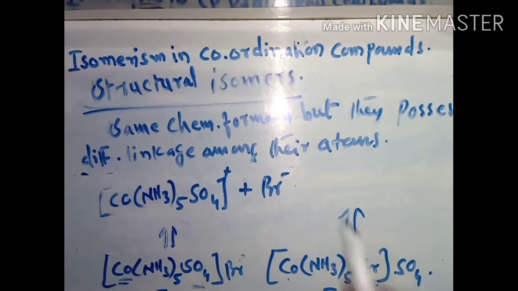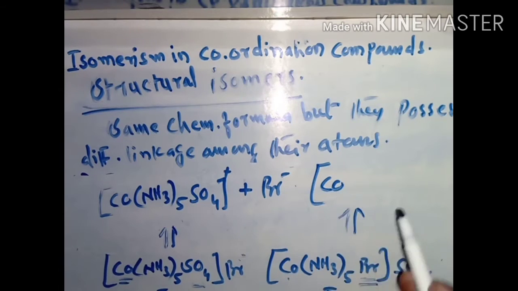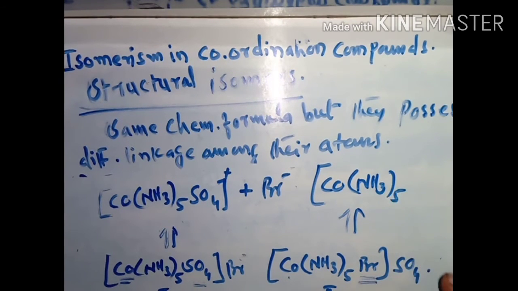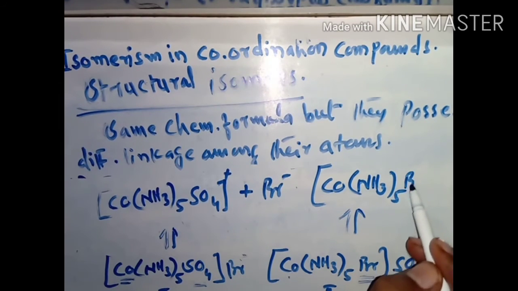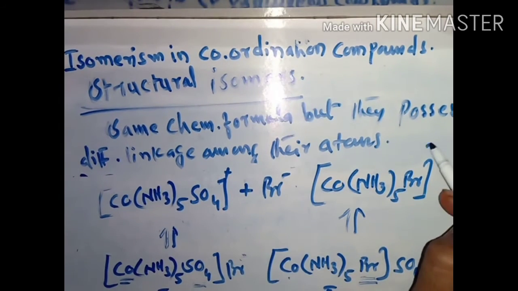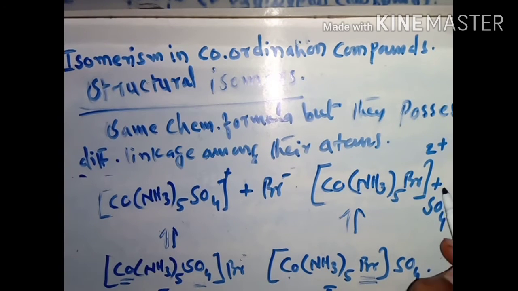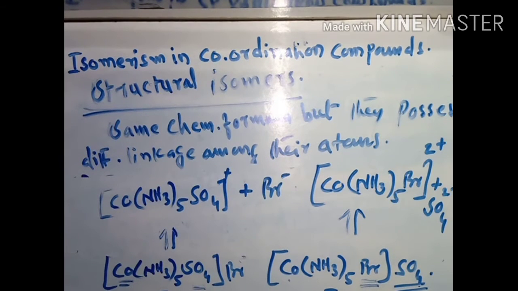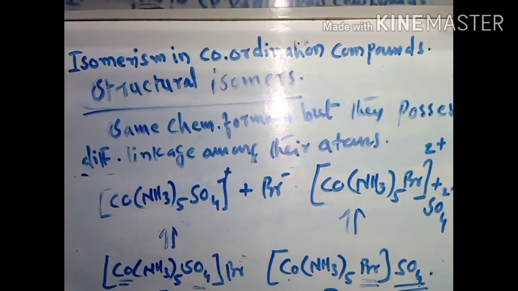here this complex will be ionized as [Co(NH3)5Br]2+ plus SO4 2-. It means this ion will be separated out. In both of the cases, their molecular formula is same,